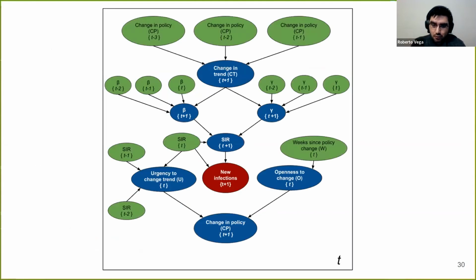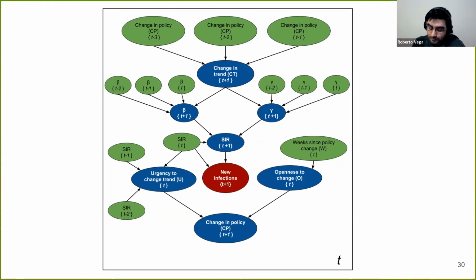The actual model for tracking the policies is a little bit more complicated, and it has also some problems. For example, we know that, or we believe that if we make a change in policy today, before Omicron, then we were going to see the effect of that change in policy like 2 weeks from the day in which we made the change. Which means that is great, because for example, if I want to make the predictions 2 weeks in advance, I just need to check if there was a change of policy either this week or the last week. What if I want to make